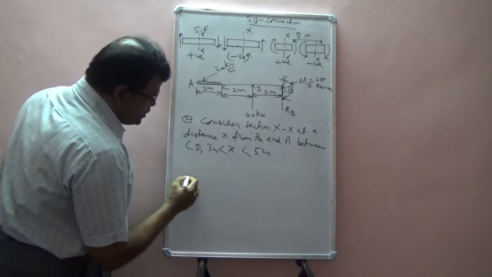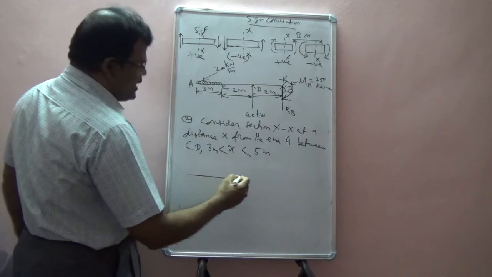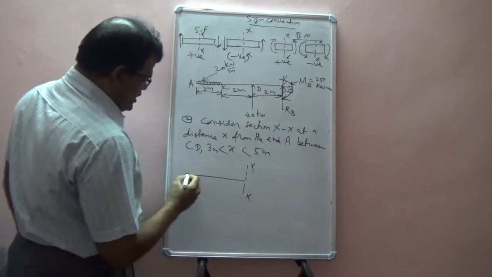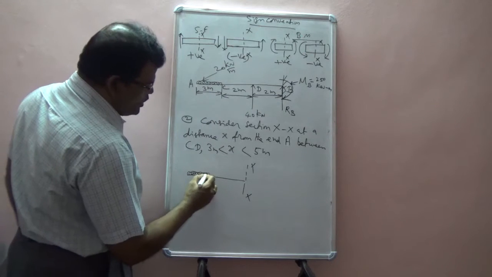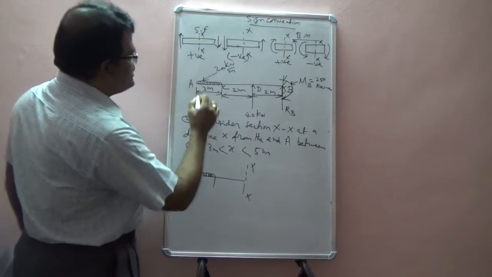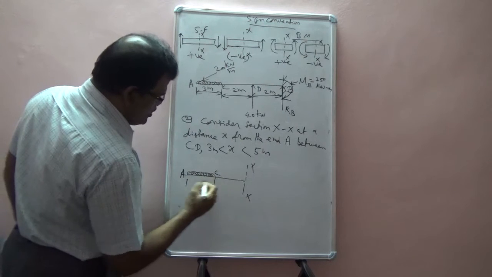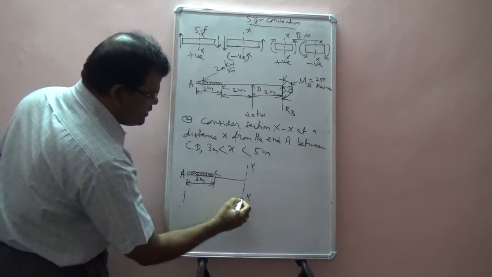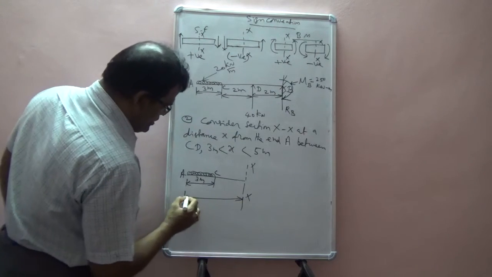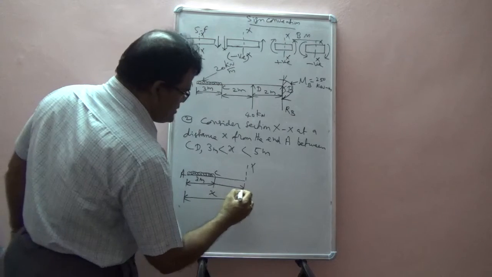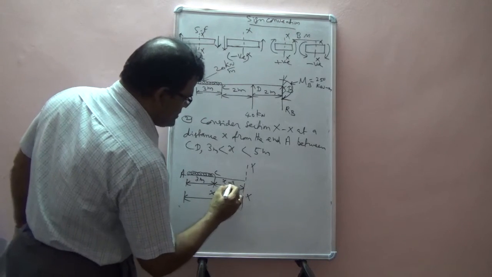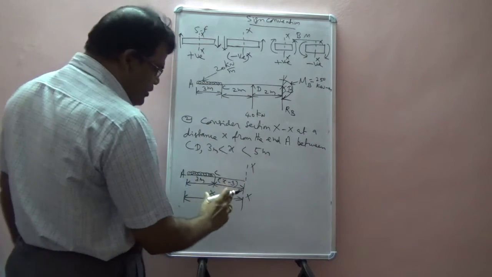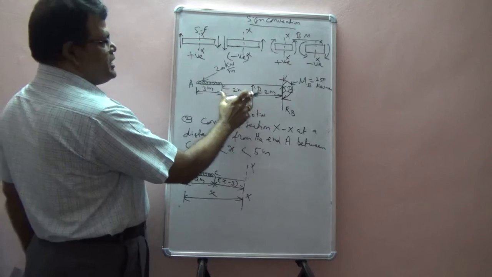Now draw the diagram. This is the cantilever beam, slightly larger. This is section XX. There is a uniformly distributed load over a distance of 3 meter. This is point A, this is point C, so this is 3 meter. And then from here, the section is at x, and this distance is x minus 3. Now I consider the section between CD. The equation I am writing is valid only for the section CD.